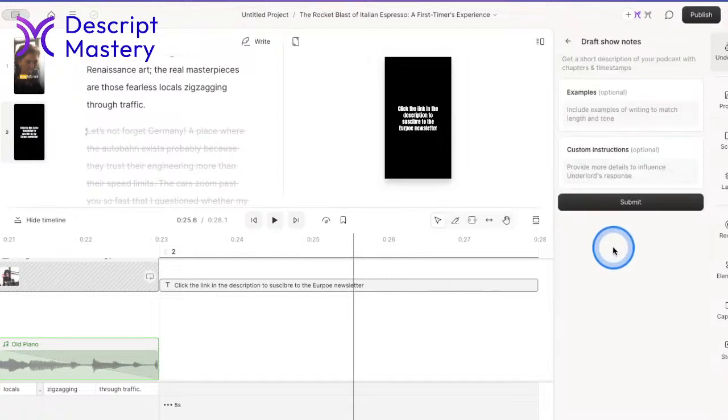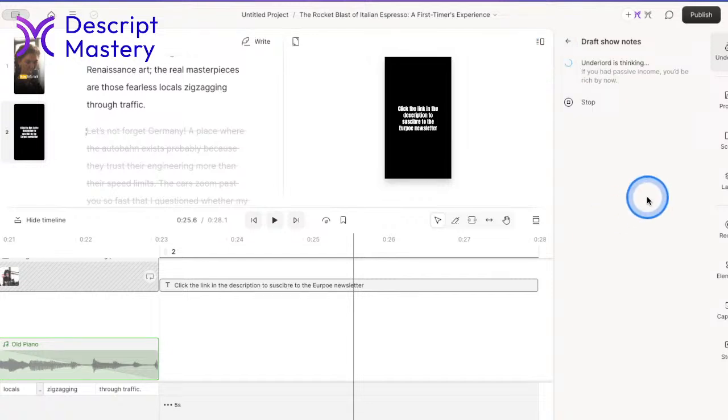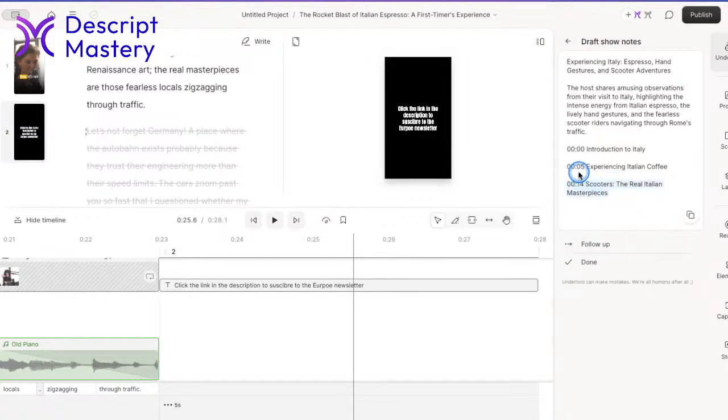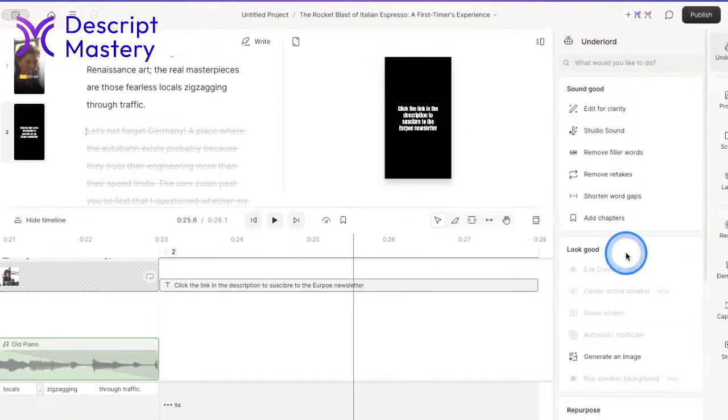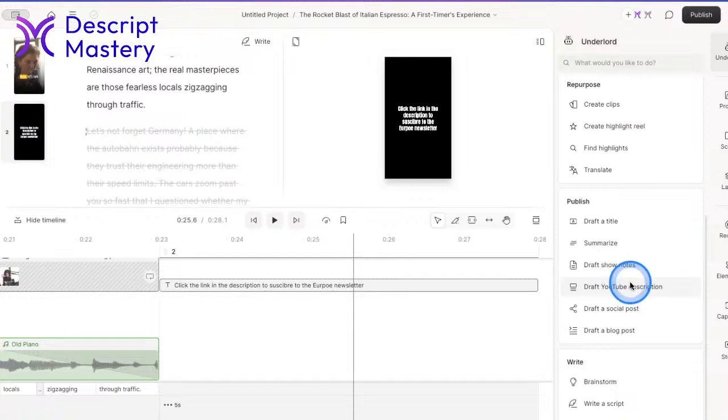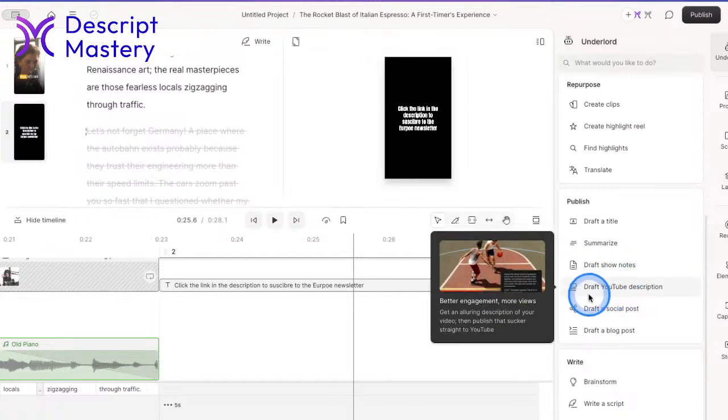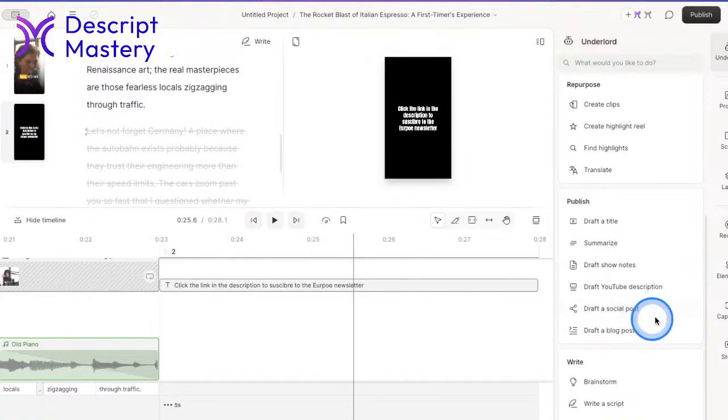You can draft show notes. If this is going onto a podcast, you could have it draft show notes for you, and that'll include timestamps. I'll show you that real quick. So these timestamps right there, when you copy this and you post this onto your podcast or your YouTube video, that'll create those skippable chapters so that your viewers can quickly navigate around to interesting parts of the video. And YouTube description, exactly what it sounds like, very similar to show notes. These are just more tailored to the YouTube style, and you could draft it based off the script here.